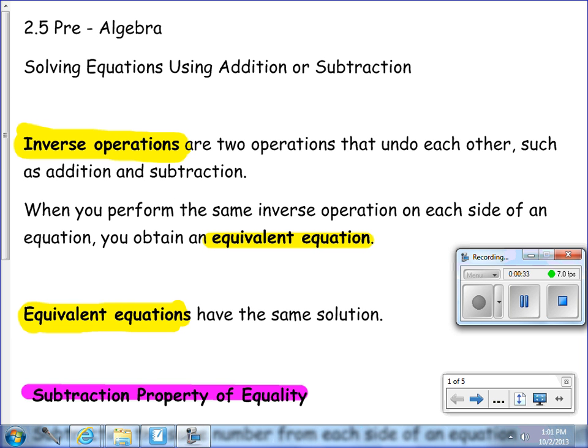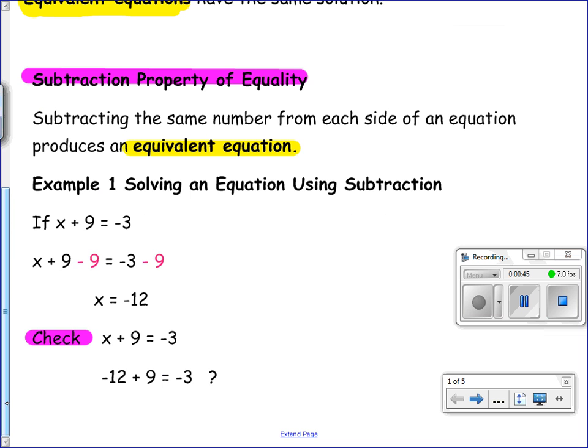We're going to be using these terms throughout the lesson today as you're beginning to solve addition and subtraction problems. One of the properties we're going to talk about today is the subtraction property of equality. Subtracting the same number from each side of an equation produces an equivalent equation. For example,